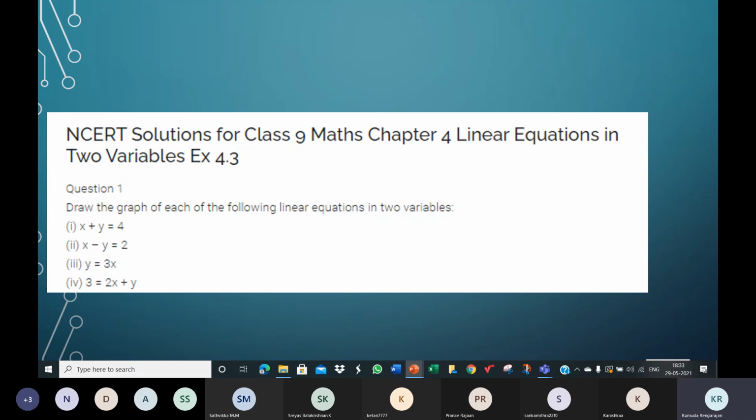See, you can put it in 3 broad categories. Passing through the origin is one. Intersecting the x and y-axis is another one. And parallel to the x or y-axis is another one. Line passing through the origin. Line intersecting the x and y axis. Line parallel to the x or y axis. So you can see them like this.